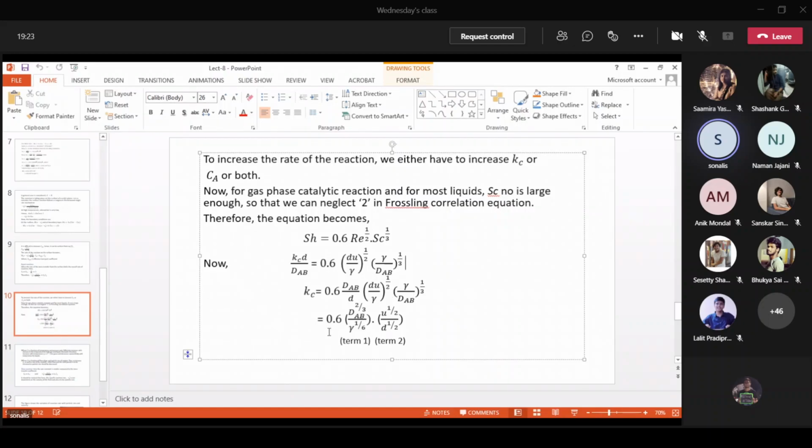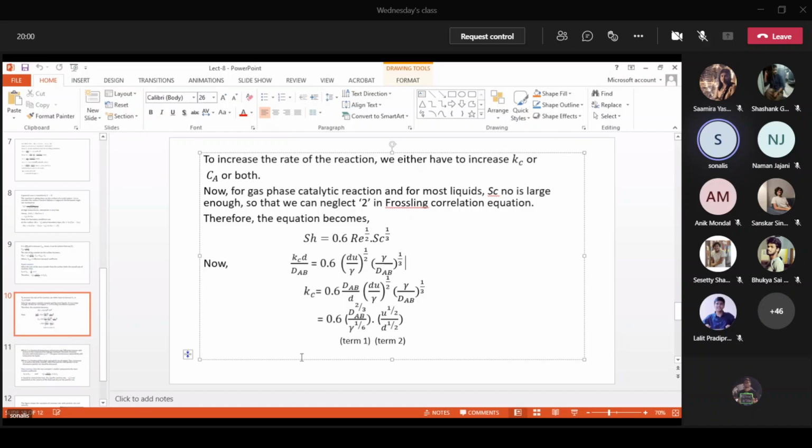So arranging these quantities, we get 0.6 DAB to the power 2/3 by nu to the power 1/6, into u to the power half by d to the power half. u is the velocity of A through the catalyst particle, and depending on u, we determine the Reynolds number. And d is the diameter of the catalyst particle. So if we take DAB to the power 2/3 by nu to the power 1/6 as term 1, and u to the power half by d to the power half, that means u by d to the power half, as term 2, what happens, you see,